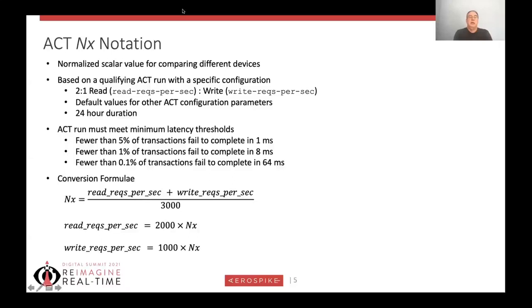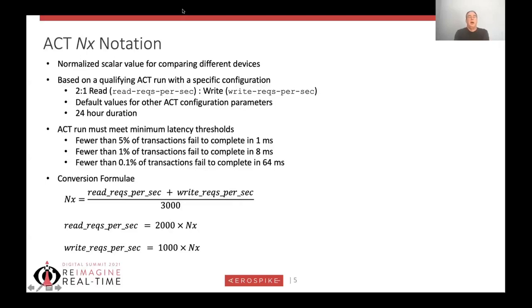The key thing is the read-write ratio, which is specified by 2 configuration parameters in a 2-to-1 ratio, and you take the default values for all the other configuration parameters, things like record size, and then